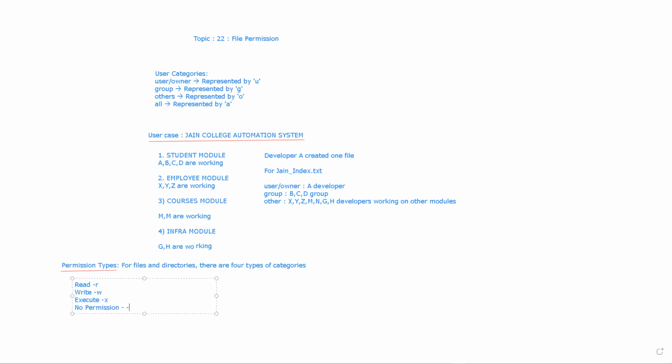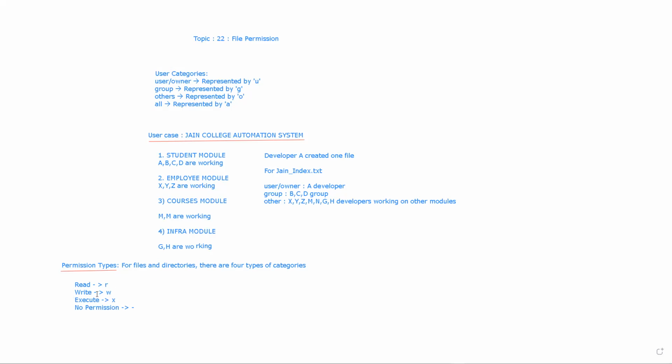So basically, execute is represented by the X character, write permission by the W character, and read by the R character. These are the different types of permissions.